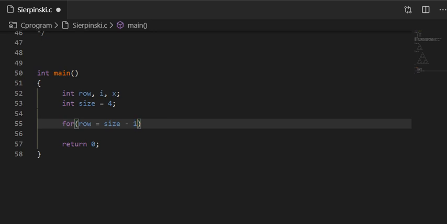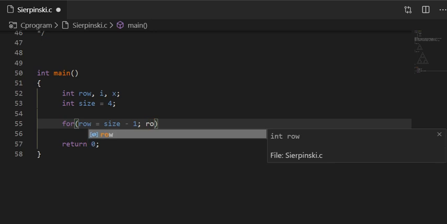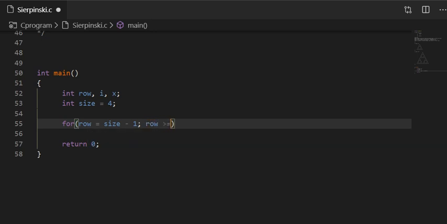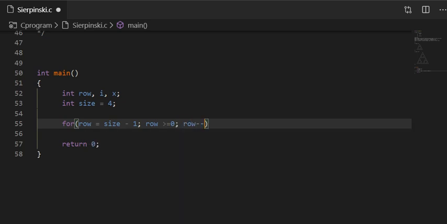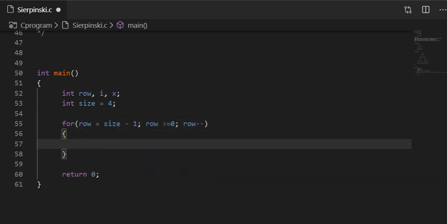So size minus 1, and continue until row is greater than or equal to 0. Decrement it. So at the end of each row, we want to have a new line statement. So let us have a printf and a new line statement.